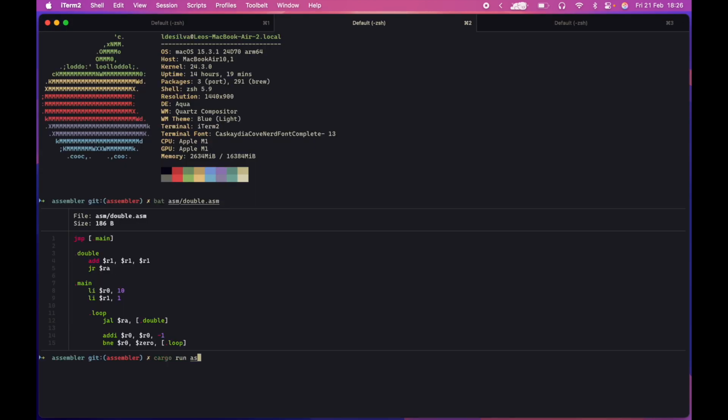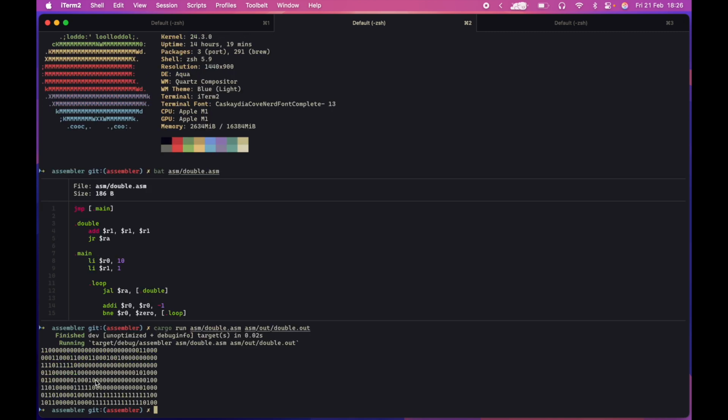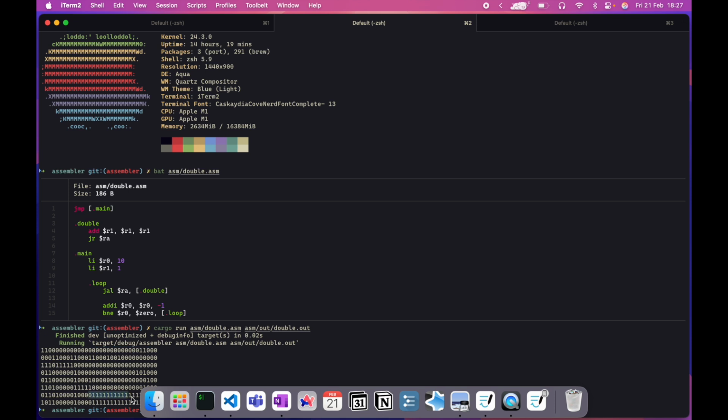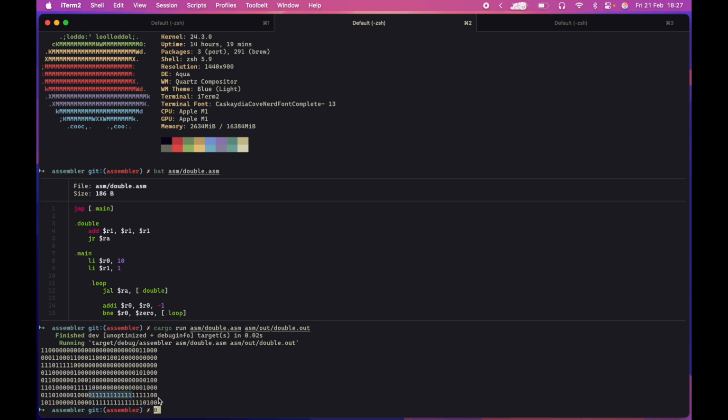So cargo run, there you go. And if you look quickly now, there's always 2 spare bits on the end, so you have to ignore those. The 16 bits here, that's 2, that's the address 2, and this one here is 6. That's 6 right there, 4 and 2. And you can see here the branch instructions are all 2's complement because they're negative values because it's a signed value. And then if you hex dump this,